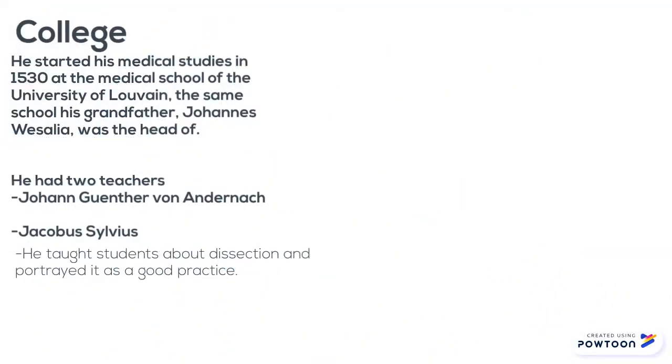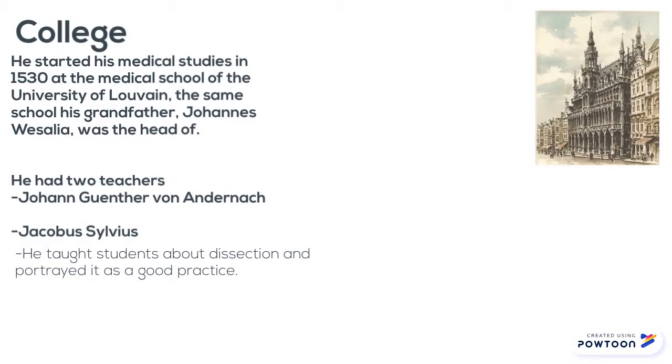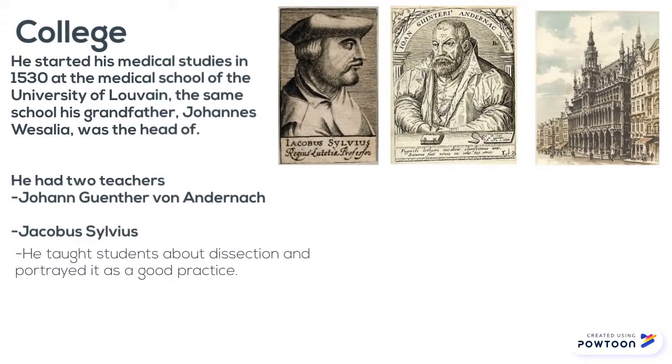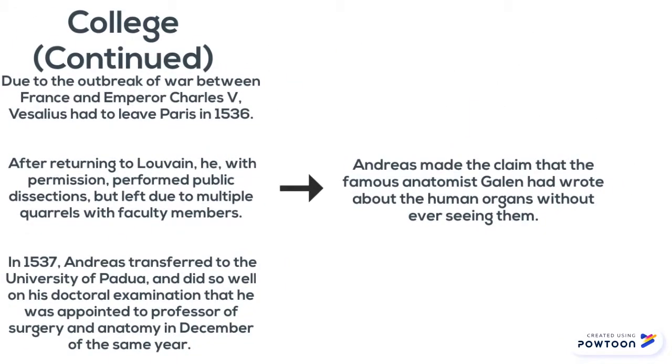Andreas began his medical studies in 1530 at the medical school of the University of Louvain, the same school that his grandfather, Johannes Vesalius, was the head of. His two teachers, Johann Gunther von Andernach and Jacobus Silvius, were poor anatomists who taught traditionally known knowledge of anatomy at the time. However, Jacobus Silvius strayed from traditional teachings by teaching his students about dissection and portraying it in a good light. Unfortunately, due to the outbreak of war between France and Emperor Charles V, Vesalius had to leave